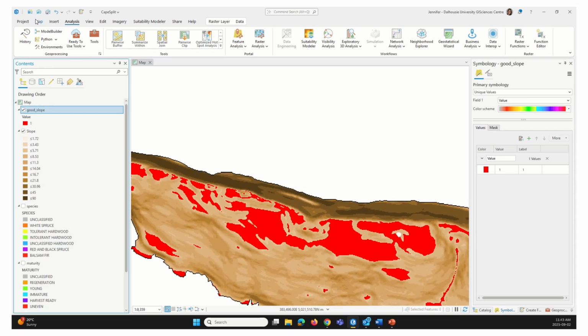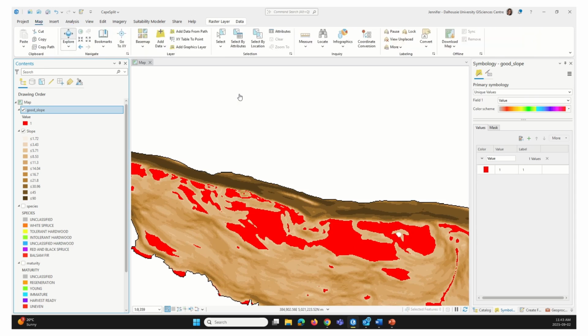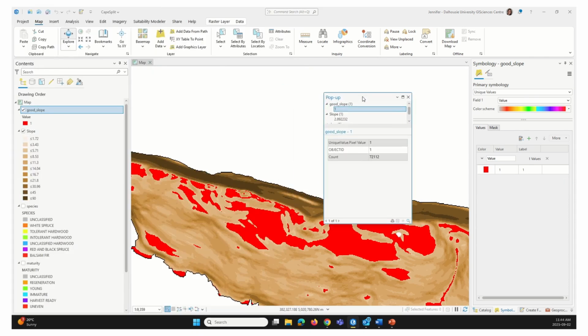The other thing we're going to do is some other quick checks. So again, to do a quick check, I'm going to go to this map tab up here. I'm going to make sure I'm on the explore option, but I'm going to use the drop down, and instead of choosing topmost layer, I'm going to choose visible layers. Okay, so when I click on the red here, in my particular case, the pop-up will appear, and you can see the good slope here has a value of 1, which means it was less than or equal to 5,